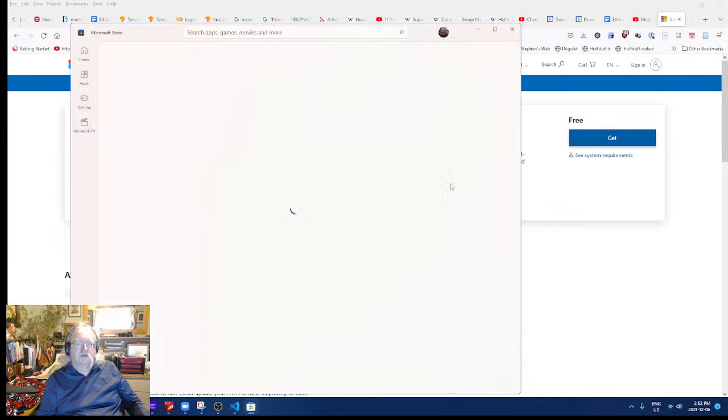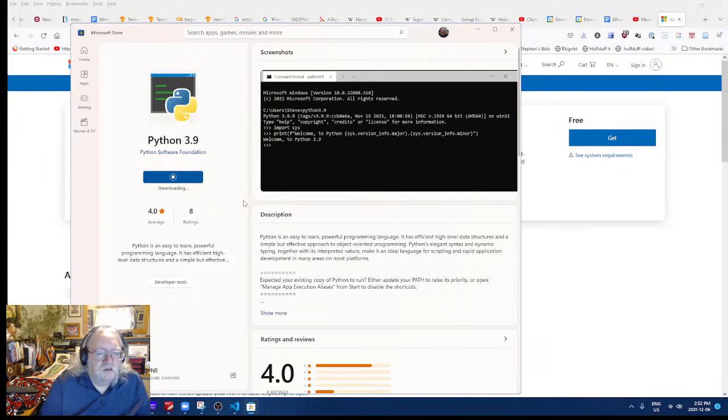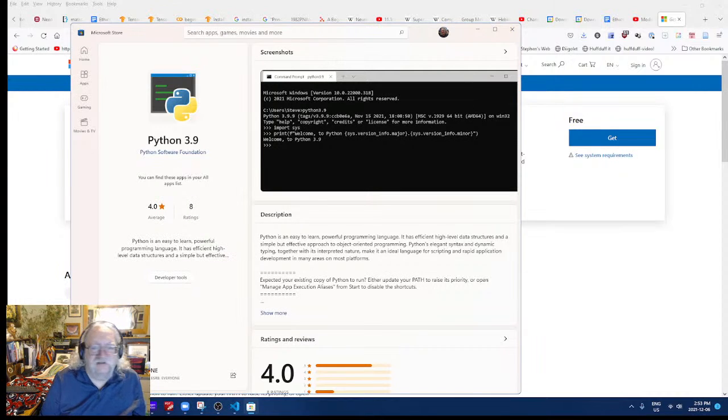Get. Okay. Install. Downloading again, just like before. So we've been at this now for a while. Don't know how long. Oh, 40 minutes. Haven't done a thing yet. What a nightmare.